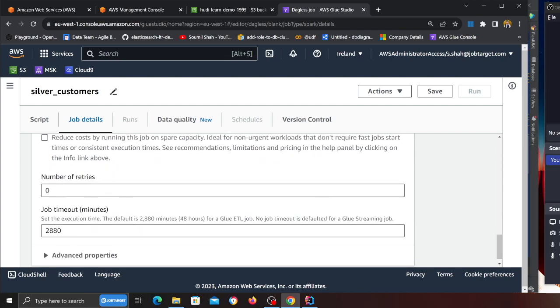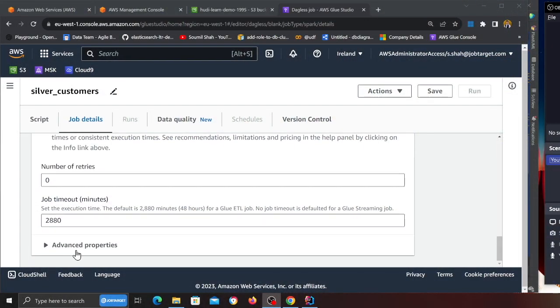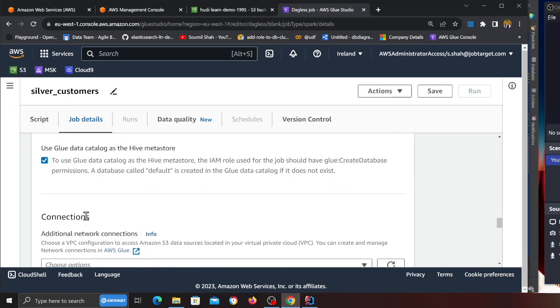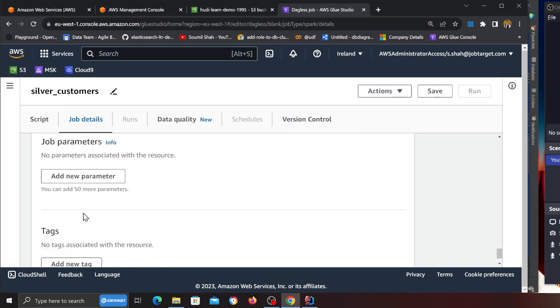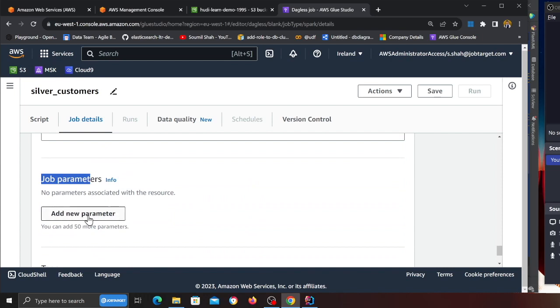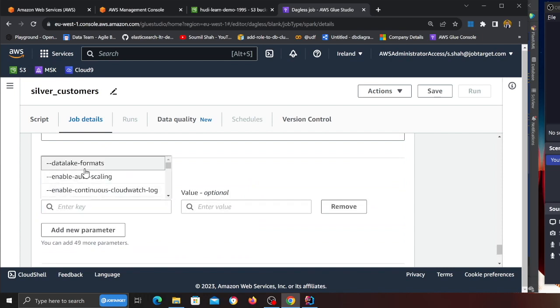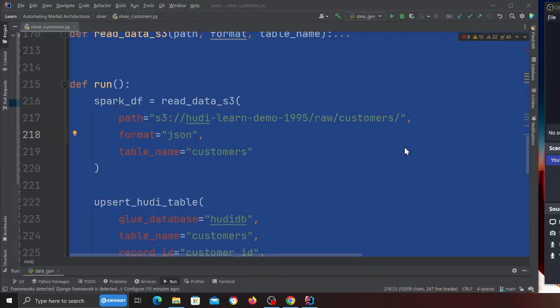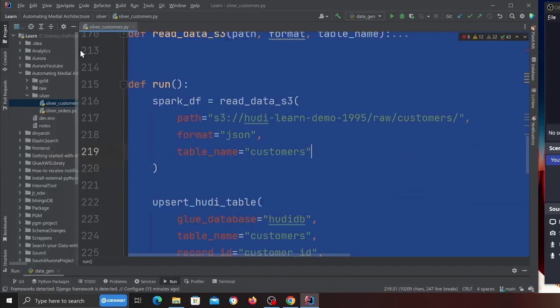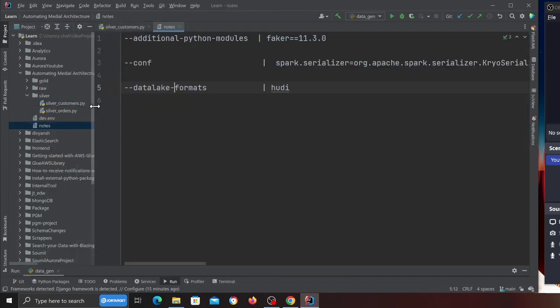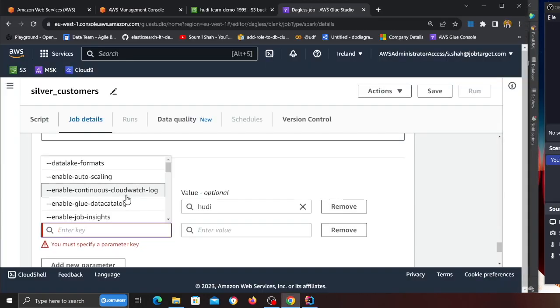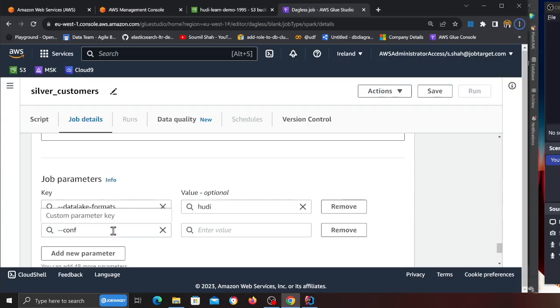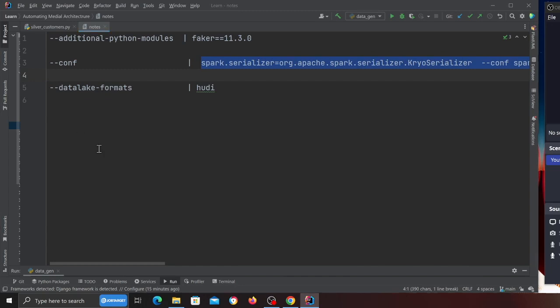We need job bookmarks. Why? Because next time when you run, you only want to process new data, right? So that's gonna help you with that part. Now the main important thing is over the job parameters. Click on add a new parameter, and then the data lake format, Hudi, and then we gotta pass in a configuration. So in this project, there will be something called notes, and then what you want to do is copy this configuration. So the key would be conf, and the value would be this particular stuff that I'm simply gonna